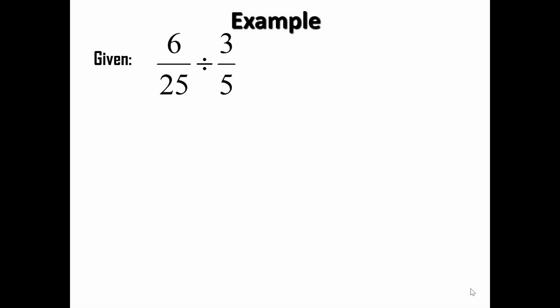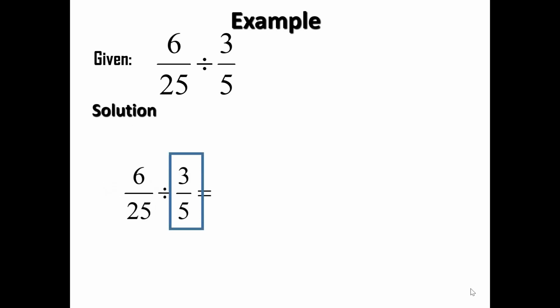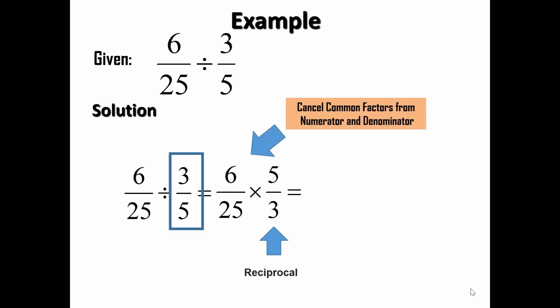Sample, 6 over 25 divided by 3 over 5. Solution. So 3 over 5, we get the reciprocal. So we have 5 over 3. And then change the sign of the division into multiplication, and then we apply the rule in multiplying rational numbers. So that's the reciprocal. As you can see, in the given now, after getting the reciprocal of 3 over 5, which is 5 over 3,